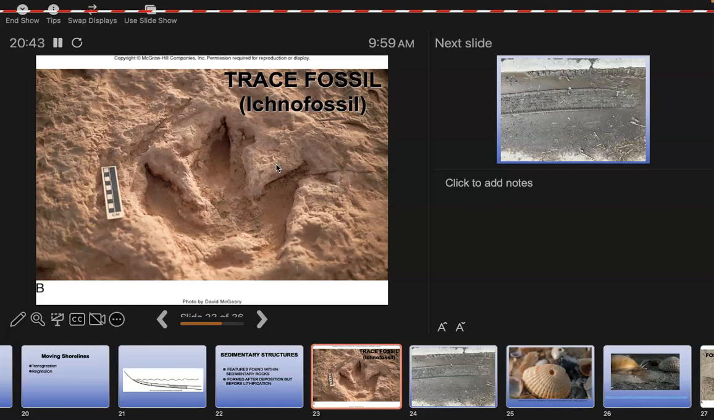But is it the dinosaur? Going back to my question with Nika there a couple minutes ago, was it the bird? No, it's not the bird, it's not the dinosaur, it's the footprint of the dinosaur. And that's what trace fossils are. Not necessarily footprints, but they're evidence that an organism was in the area. Be it a footprint, be it a burrow, be it any kind of